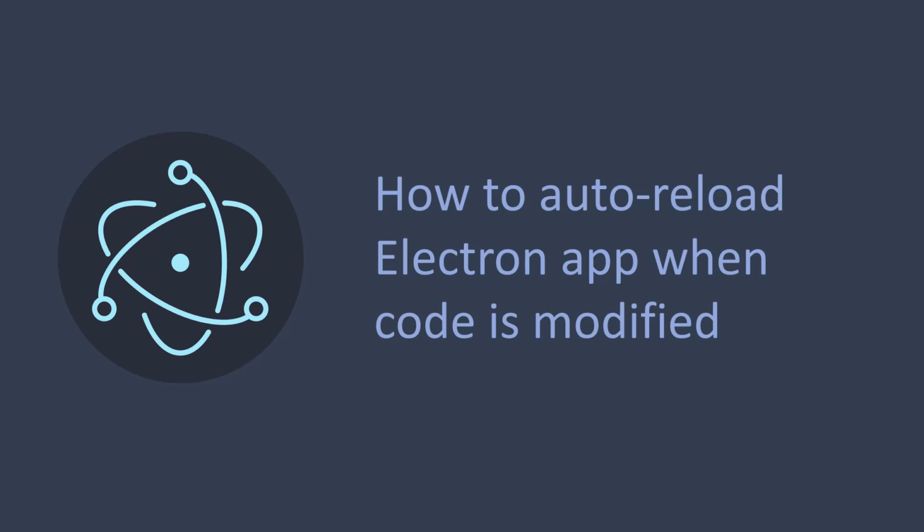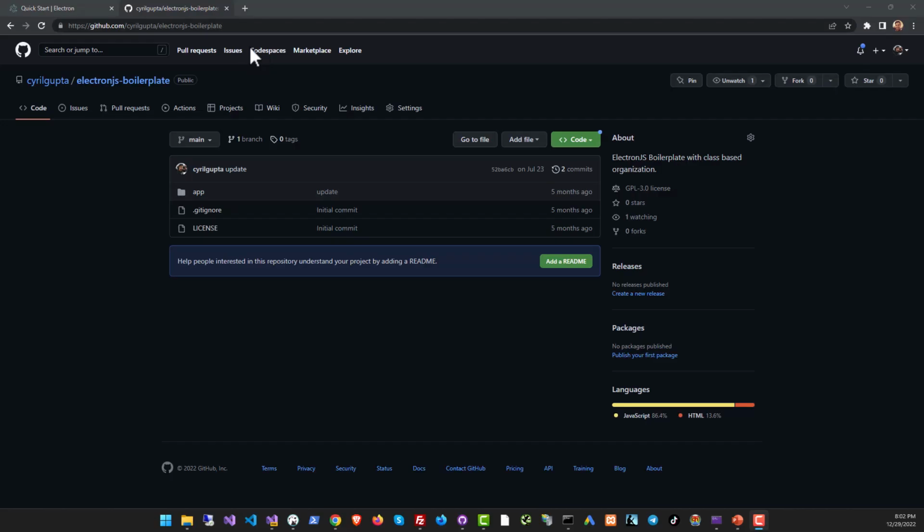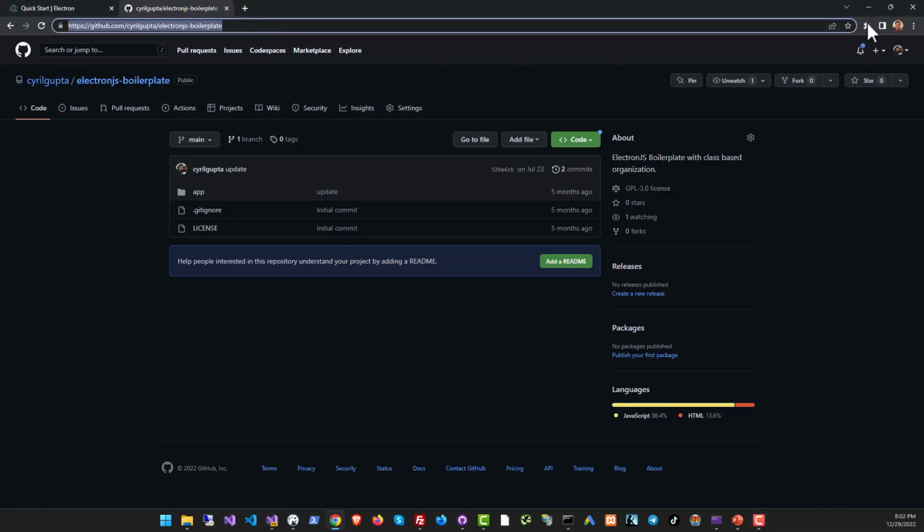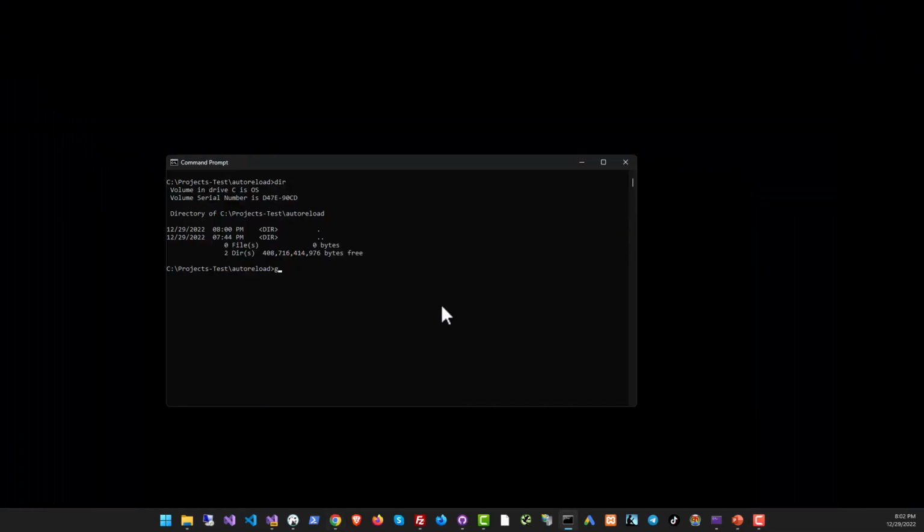Today I'm going to show you how to auto reload an Electron app when the code is modified. You know how irritating it is when you have to recompile and relaunch the app after modifying every single line. It is something that you don't need to do if you set up your app to auto reload, and that is possible using a couple of tools, and that's exactly what I'm going to show you in this video. So keep watching. I'm going to grab my Electron boilerplate from GitHub and just clone the repo,